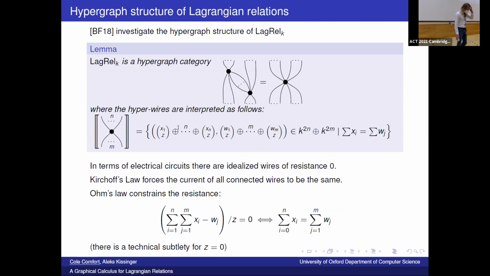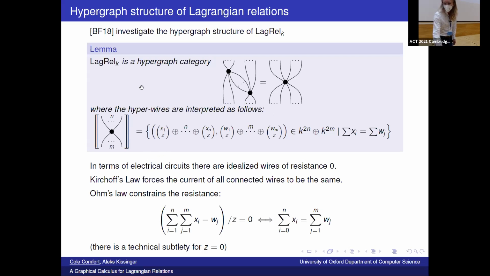This category of Lagrangian relations has been shown previously by Baez and Fong to be a hypergraph category. That's to say, every object is equipped with a Frobenius algebra in a way that is compatible with the monoidal structure. I'll draw these hyperwires induced by the Frobenius algebra as follows. The interpretation in terms of relations of matrices is as follows. The current on the bottom, all these Z's, is forced to be the same by Kirchhoff's law. And Ohm's law